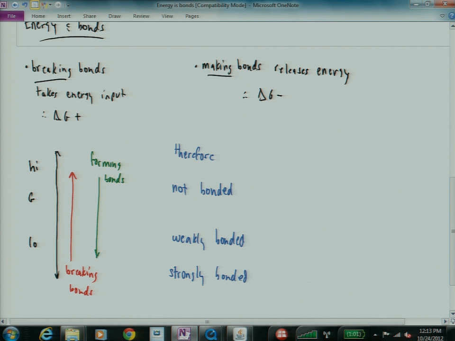So it's easy, you'll get more energy out. It's favored for not bonded things to bond. Forming bonds is favored. That's another way to look at it. All right. I have one last conclusion to draw from this. Another therefore. If the bonds of the products are stronger than the bonds of the reactants,